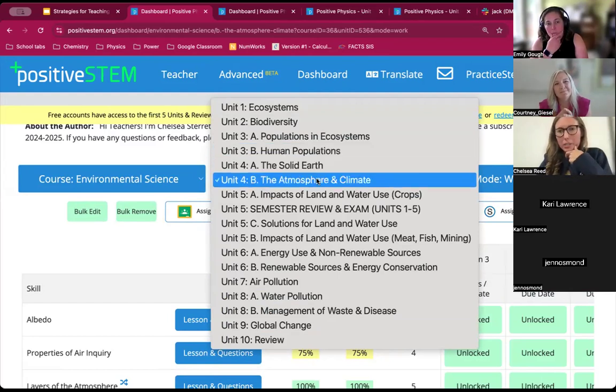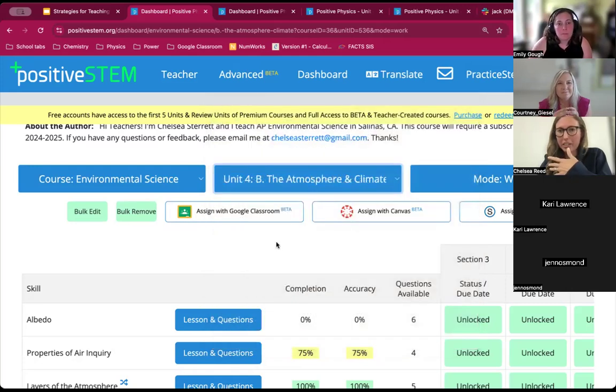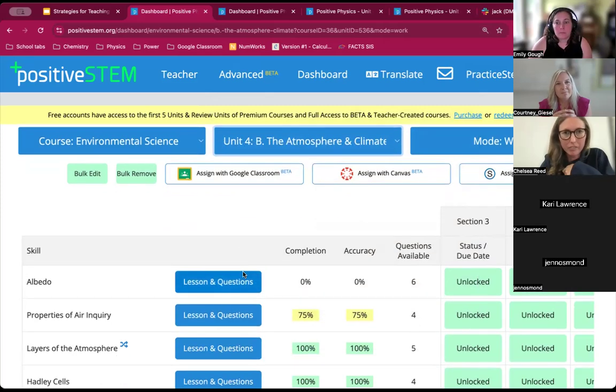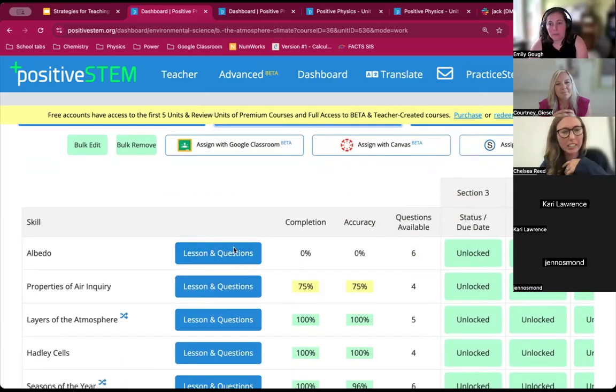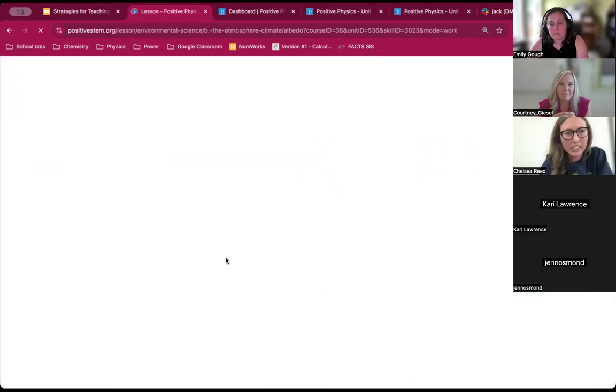Going off of what Emily talked about of having routines in your class, I have used this as a routine in my classroom to give students time to practice something after we've talked about it. So I wanted to show you a calculation-based question first, an albedo question. So this one,